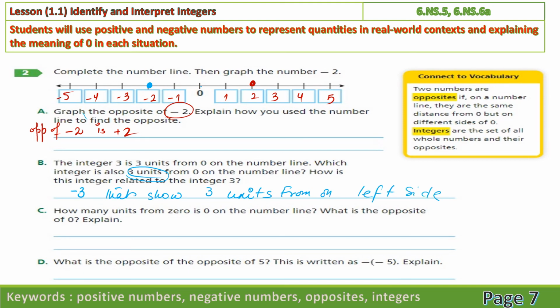How is this integer related to the integer 3? Both are the same distance from the 0, but one on the right side and one